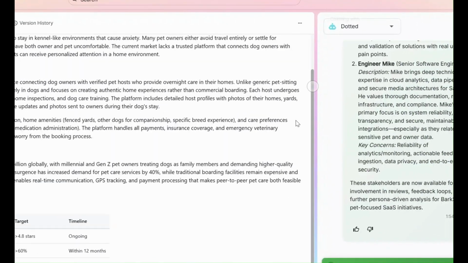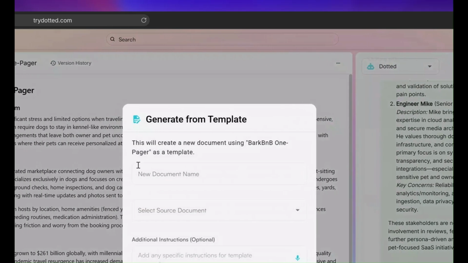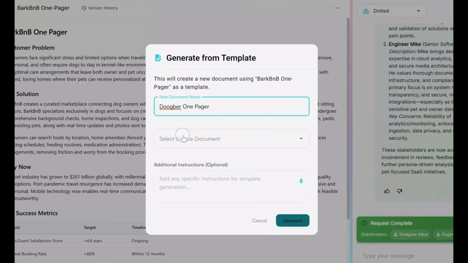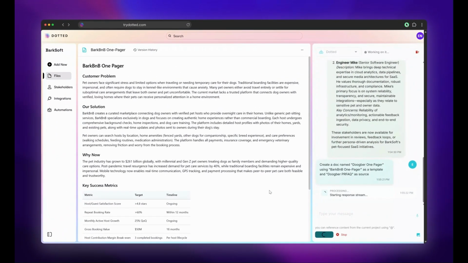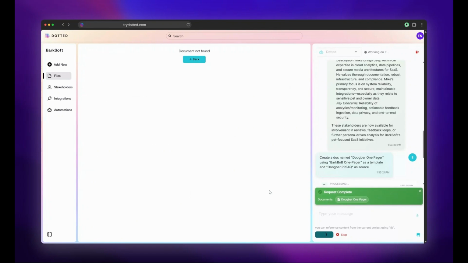Now let's go and take a look at this BarkBnB one pager. So the idea here is that I got some feedback that actually it's not just the comments on the document, but actually it's the format itself. My boss has told me to go and use this other document as an example and just rewrite my document so that it matches this one. And what Dotted can do is it can go and look at a document like this, find all of the headers, find all of the content, find all of the levels of detail and intent behind each of the sections, tables, bullets, etc., and just extract all of that formatting and use any data source to create a new document